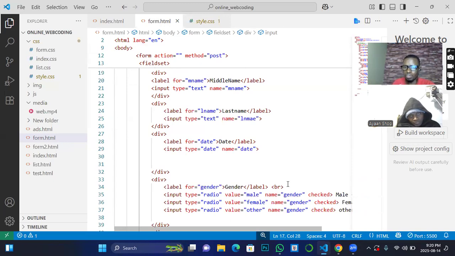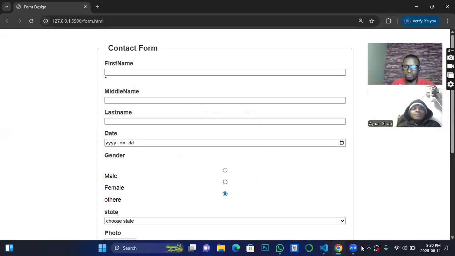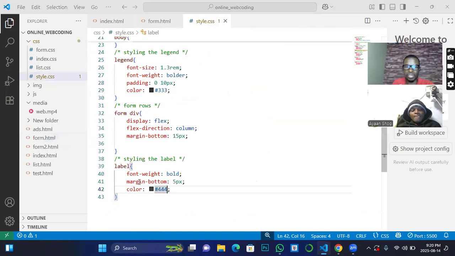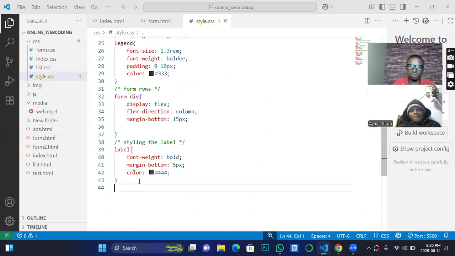from the user. So if you go to your HTML now, if you go to your CSS and you do something like this, if you come here and just say input, it's going to talk to all of them. For example, if I come here, styling